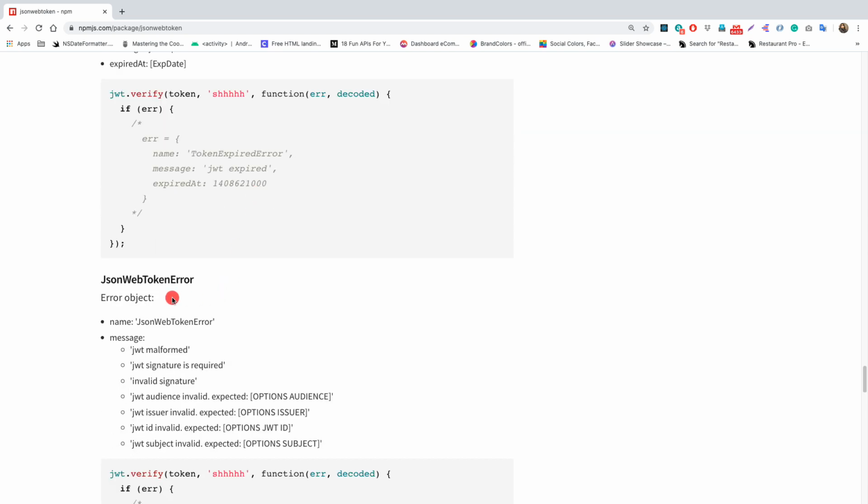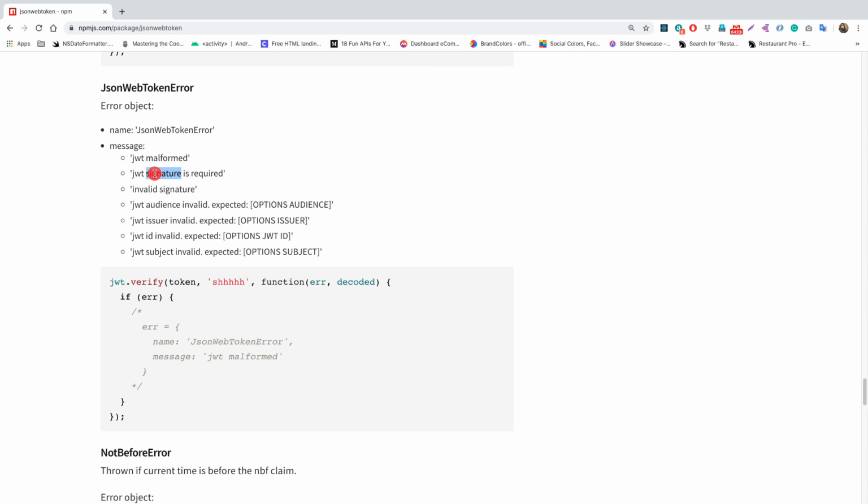Then there is another error object with the name JsonWebTokenError, and it might have a message such as the JWT is malformed, signature is invalid, or audience is invalid, and so on. We do not want to send these messages to the client because it will make a security hole in your application. If we say the signature was invalid, the client might try to use another signature.